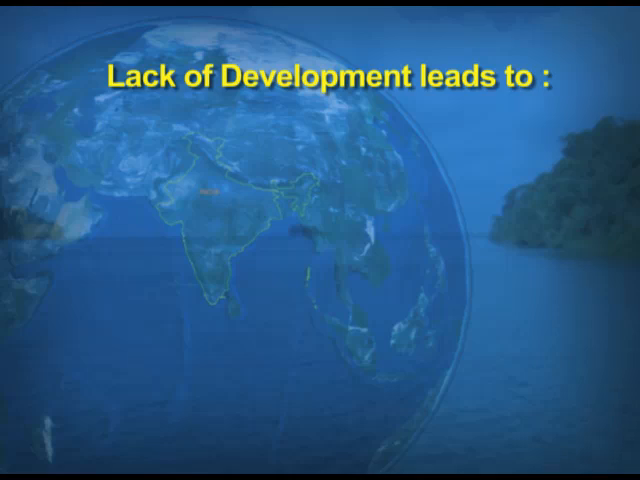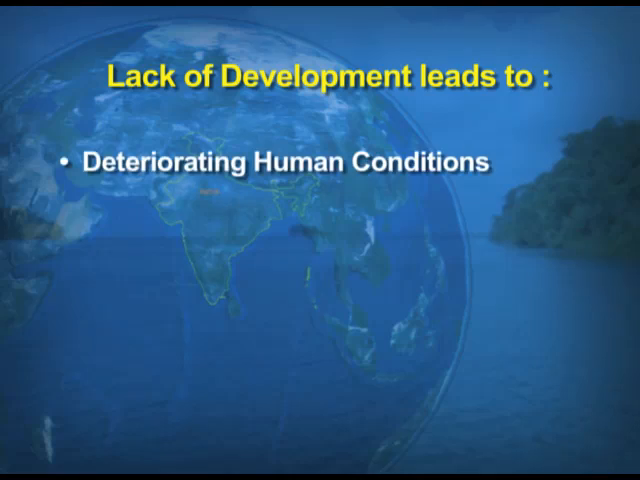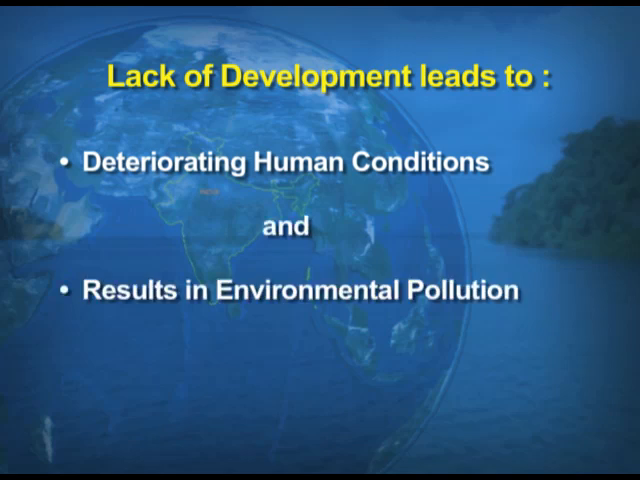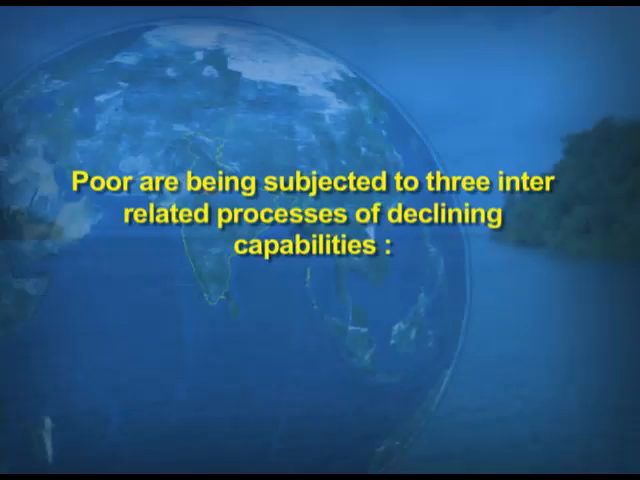Lack of development leads to two things. One, deteriorating human conditions, and number 2, environmental pollution. The poor are being subjected to 3 interrelated processes of declining capabilities. So, when I say declining capabilities, dear students, it is that they are deprived of certain facilities of